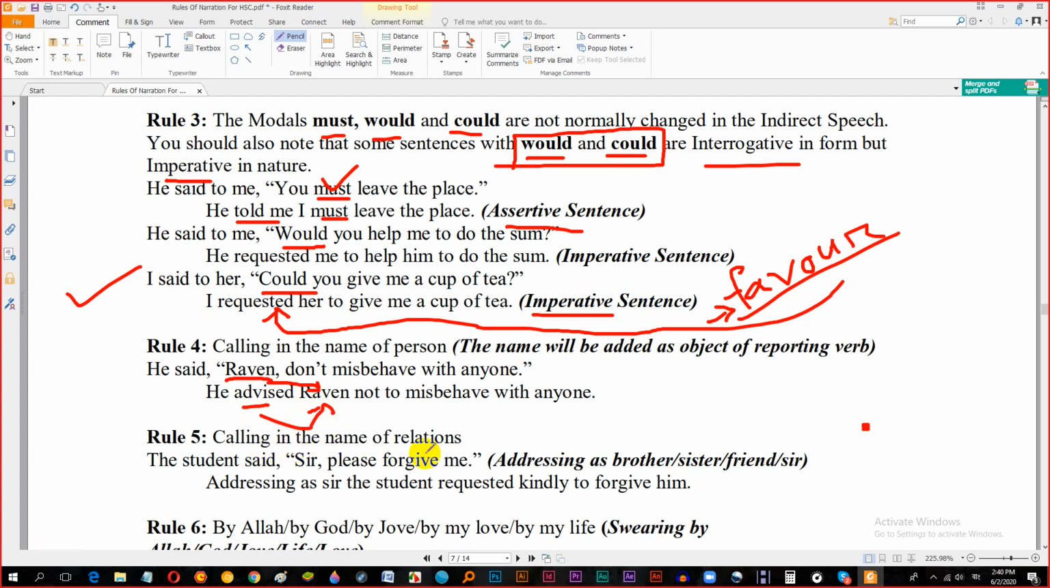Now calling in the name of relations. The student said, Sir, please forgive me. So addressing as brother or sister, friend or sir. If we find the relation, what's the relation with me, with all of you, teacher and students, or with your friends? For example, Shahid is a friend of Galib. So when you find the relation